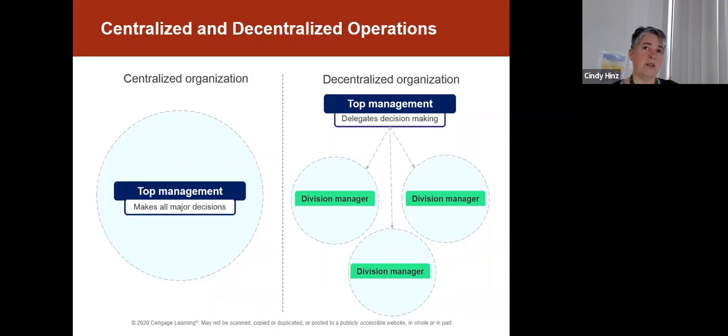For those small operations or centralized operations, as you see on the left-hand side of this slide, we have one management team, and that management team is making all the decisions for that organization. So when we evaluate management, it's a pretty simple process because we're looking at the organization as a whole. Usually those are much smaller operations where we don't have that diffused power, for lack of a better way of saying it. Decision-making rests all on that one group, and so we evaluate that one group using the entire set of financial statements for the organization. But when you think about some of the companies that you chose for your project, and many, probably most of you, when you look at,